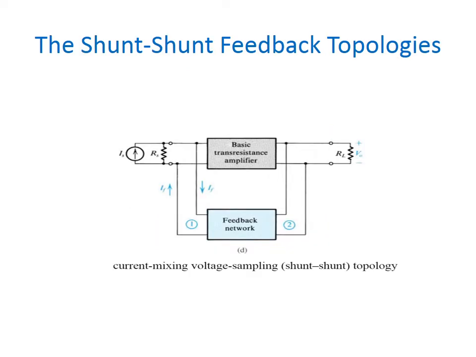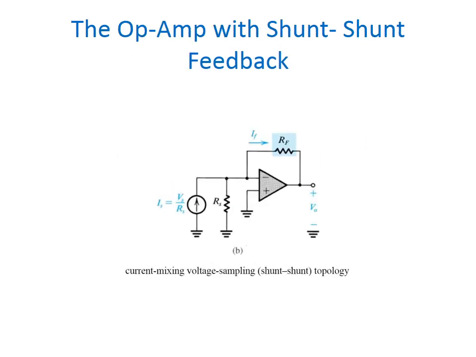Then the last type is the shunt feedback topology. Here in the circuit, a part of the output voltage is applied to the input voltage in shunt through the feedback circuit, which is located in shunt by means of the output as well as the input. So here the feedback circuit is aligned in series through the output, however in parallel with the input, then the output impedance will be increased, and because of the parallel connection with the input, the input impedance will be decreased. Here the operational amplifier using shunt feedback is given.